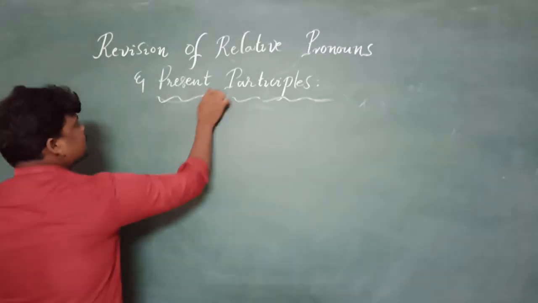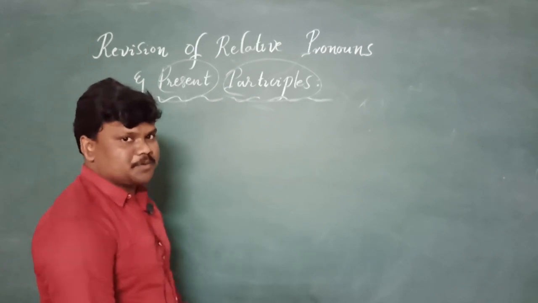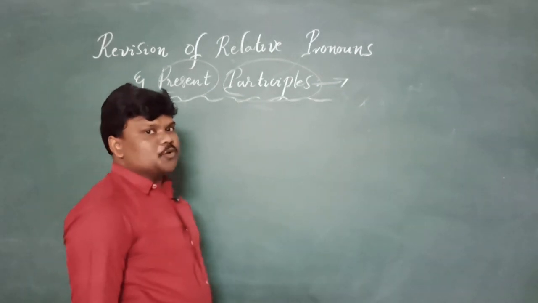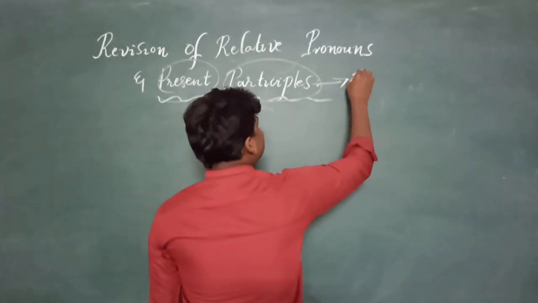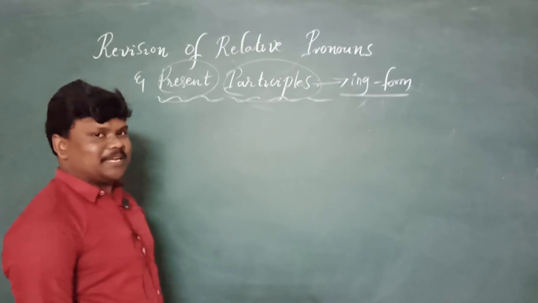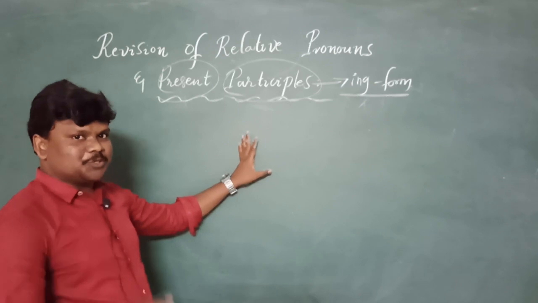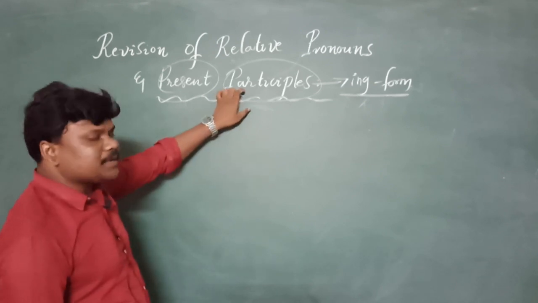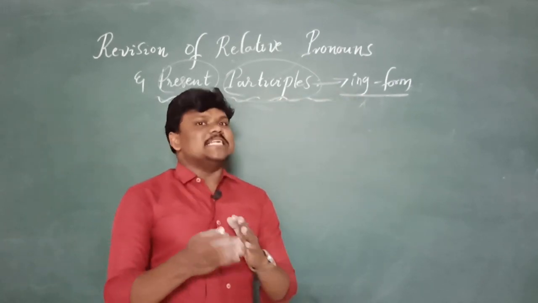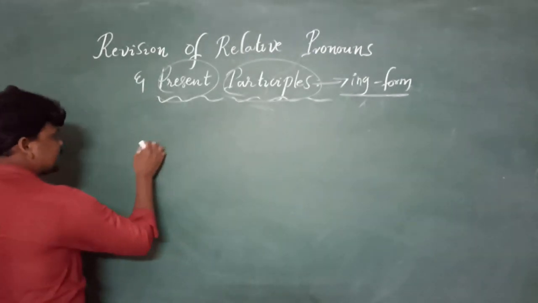And let's get a revision of present participles: how we need to combine two sentences with present participles. Okay na? If you hear the word participle, you should immediately remember the ing form. Very important. If the instruction was given to combine the two sentences with participles, especially the present participle, we need to remember immediately the ing form. Okay na? You need to chant. Right, let's get into one example.